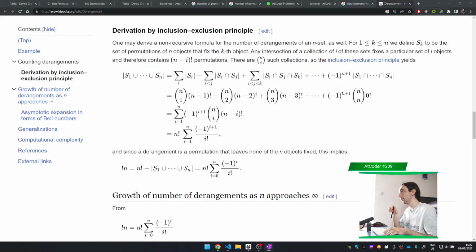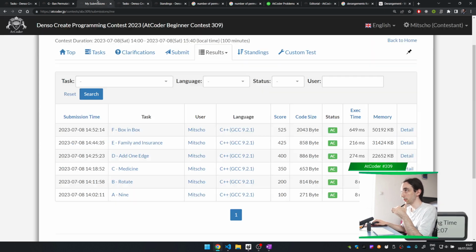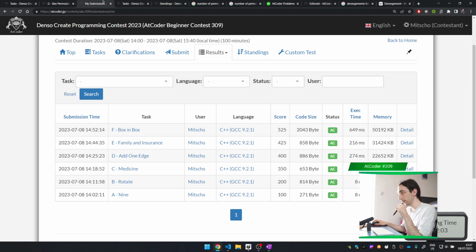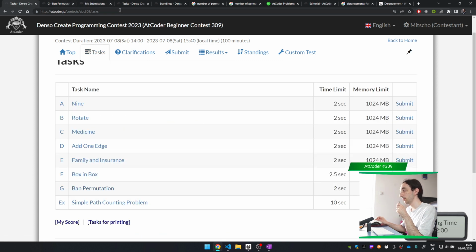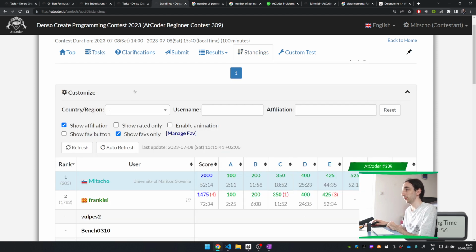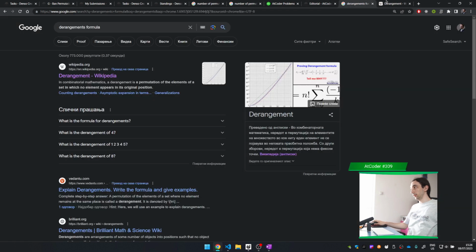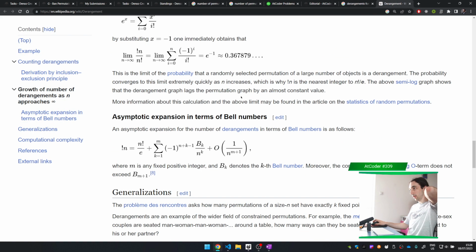There's a lot of mathematics going down into this problem. I will just maybe explain all of the problems before the contest ends. There won't be a lot of people who solved G, probably. I'm not sure about G. Maybe I'm making it a little bit more complicated, but I think that there's some